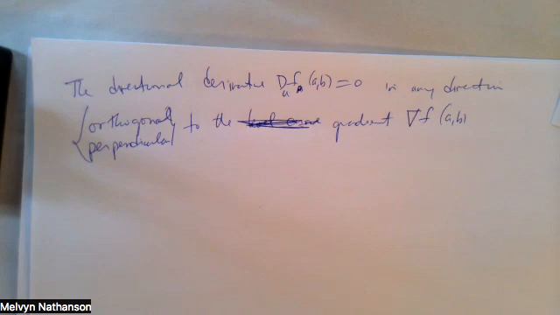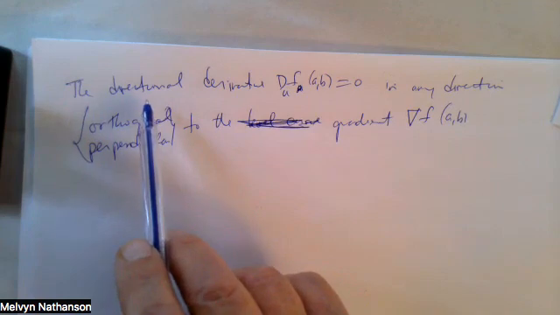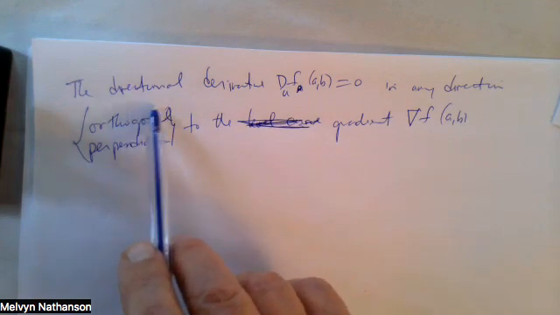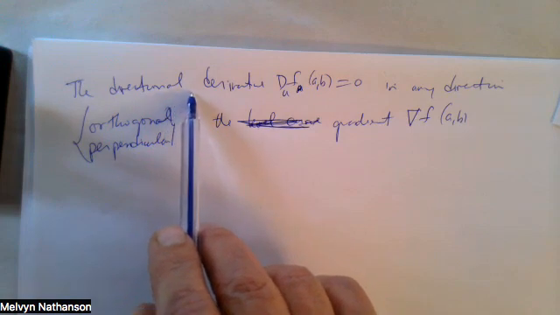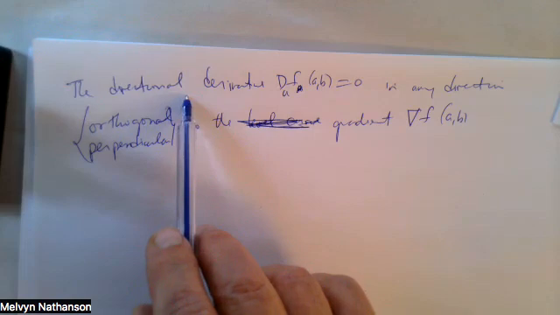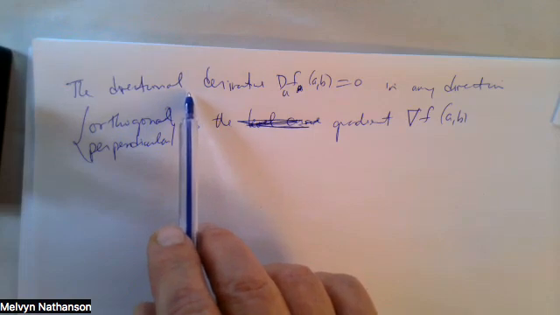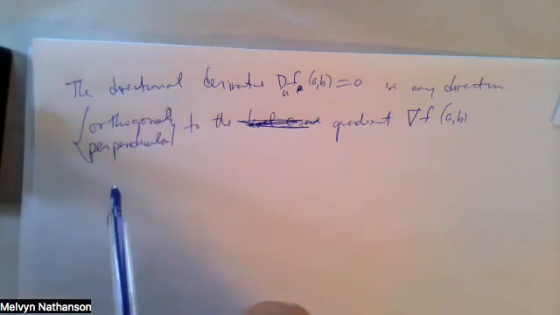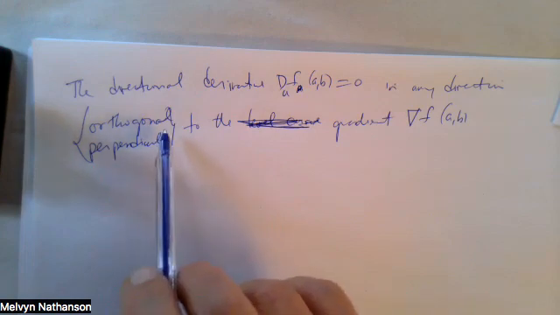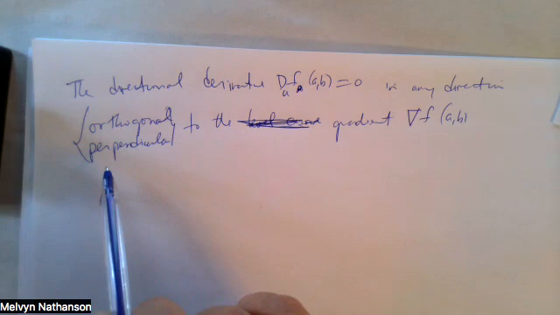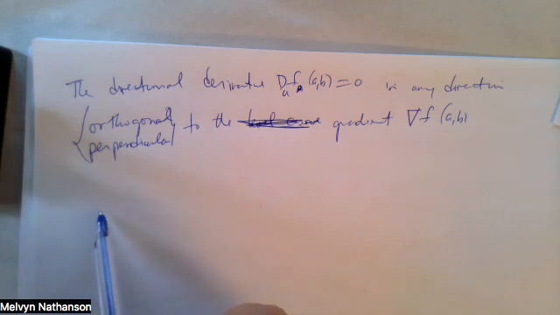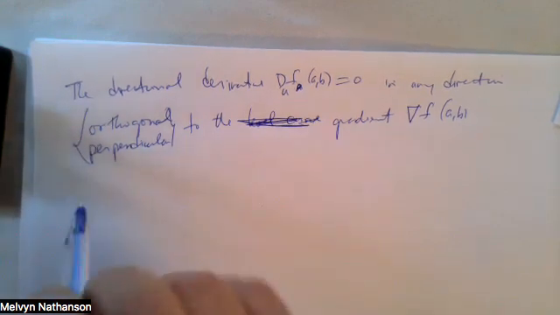So the maximum directional derivative of a function is in the direction of the gradient. That's where the function is increasing most rapidly. The function is decreasing most rapidly in the direction opposite to the gradient. And the directional derivative is 0 when you are going in a direction perpendicular to the gradient. Now,